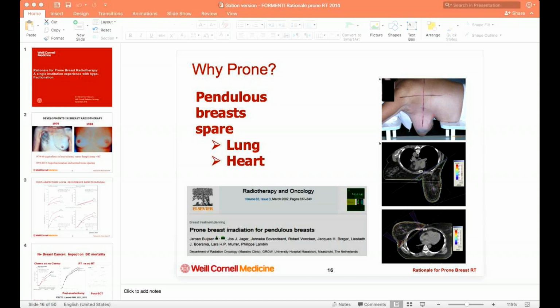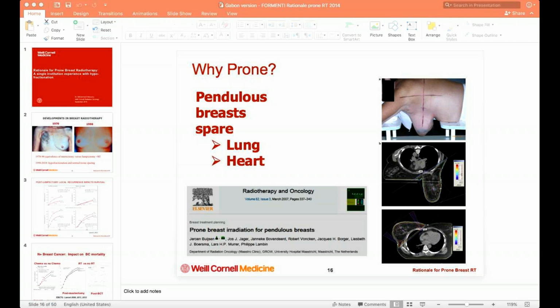You'd want to make sure you leave the 2 centimeter margin around what will be your electron field. This is where IMRT would probably be very useful, but